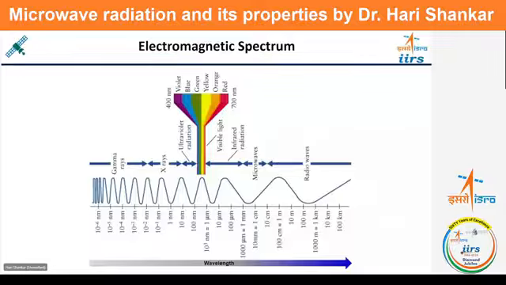If you see here, the electromagnetic spectra, the wavelength varies from cosmic rays to gamma rays, X-rays, ultraviolet, visual infrared, then thermal infrared, microwave, and the radio waves. All the wavelengths are there, but we cannot use all of them for remote sensing purposes, especially